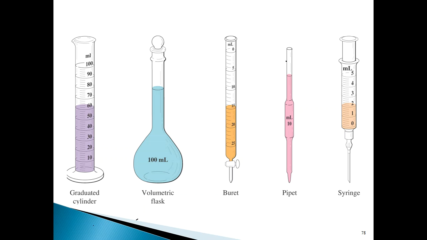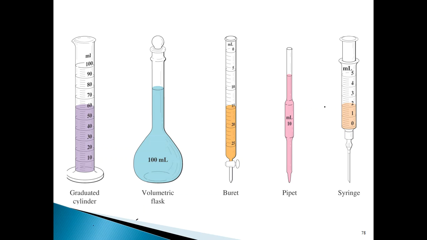We use a pipette filler that we place at the top, and then we basically transfer that liquid into another vessel where there's a reaction taking place or whatever, and that's it. That's basically how we use the pipette. Now this syringe is another instrument that is used, not very often, at least not at our level,